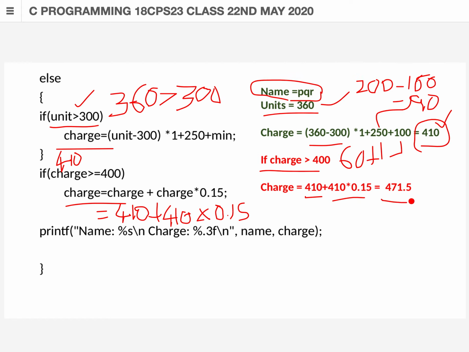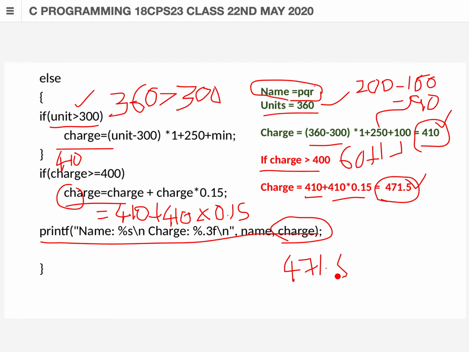So totally it will be 471.5, which will be the resultant charge to be updated in the charge column. Once you print that value, the name will be PQR. So since the charge amount is more than 400, the evaluated charge amount with the 15% surcharge added will be